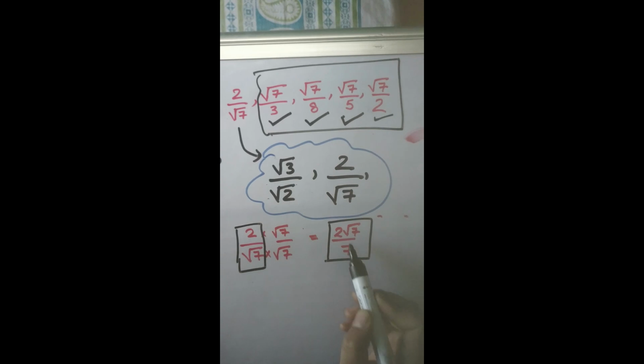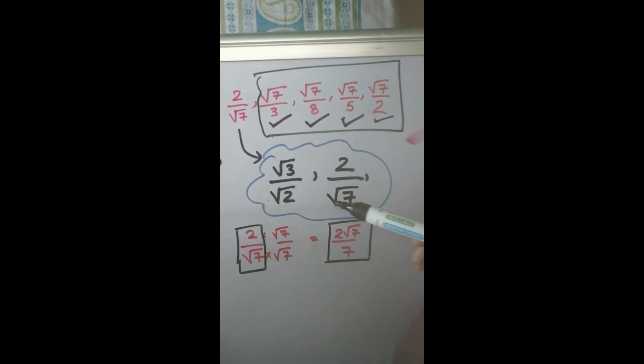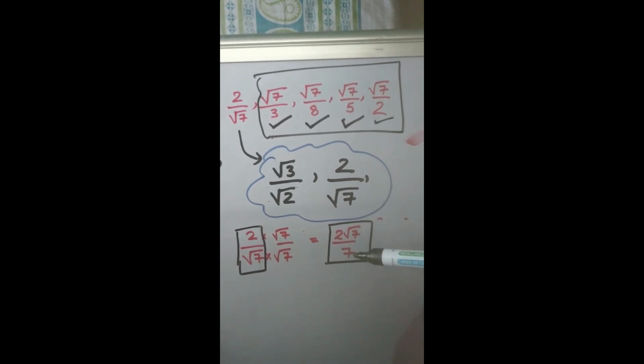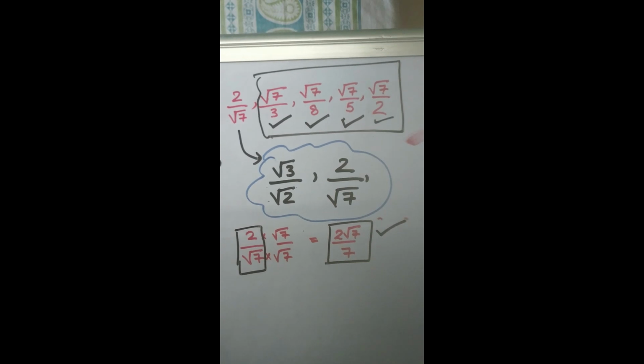Okay, 2 times root 7 we have to go on the number line. Then we have to find out the 7th part. Yes, we have a way to find the 7th part. Maybe you're not taught. Right now our purpose is not to locate it on the number line, just to see whether we can locate it or not. So yes, this can be located. So now we have got a technique.